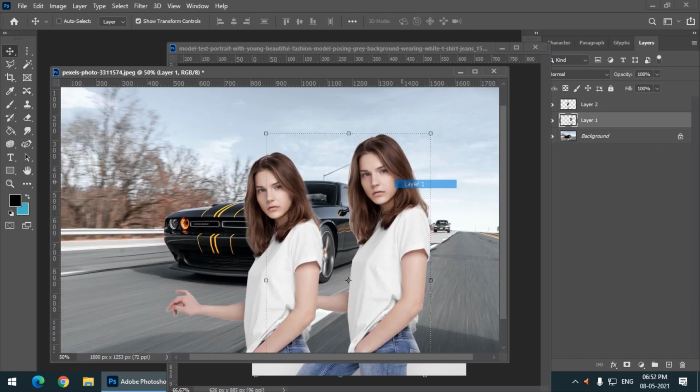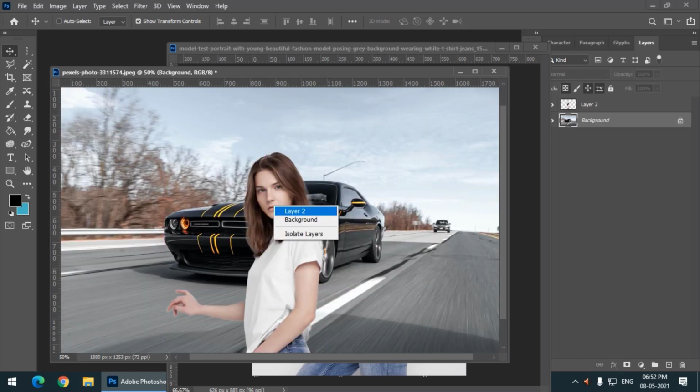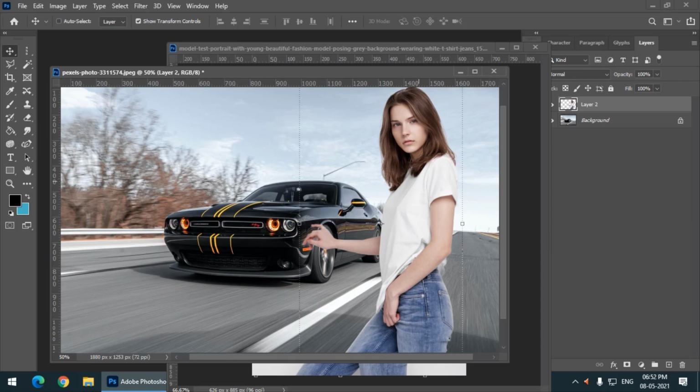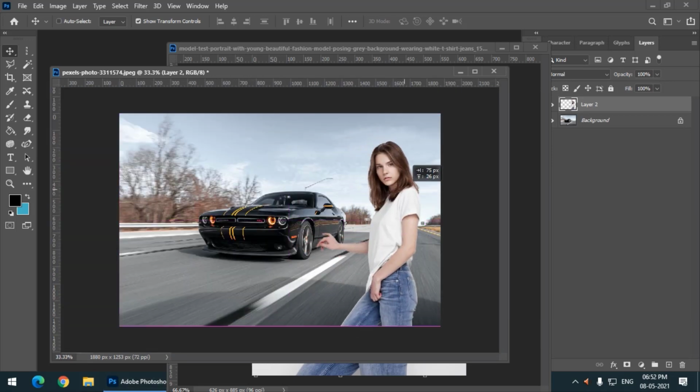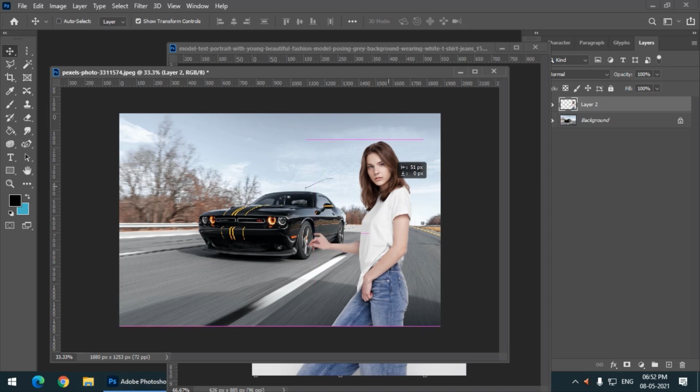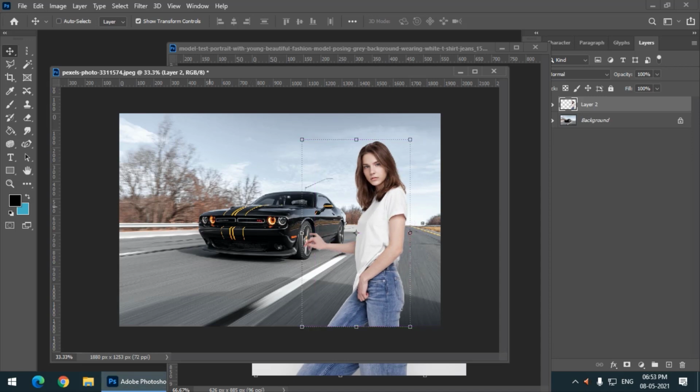So I will simply select this image, and I will remove this. By using the polygonal lasso tool, we can select any image, because this is a totally manual, 100% manual tool.